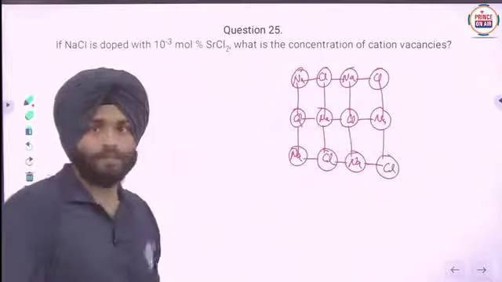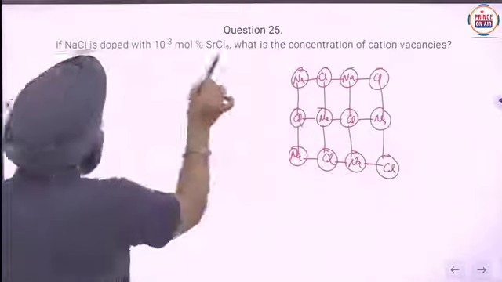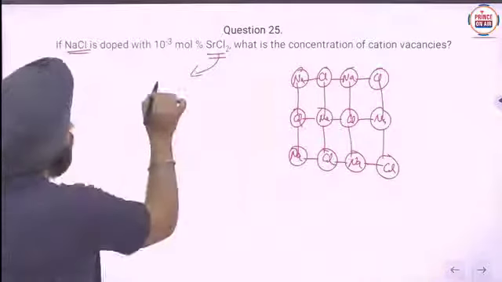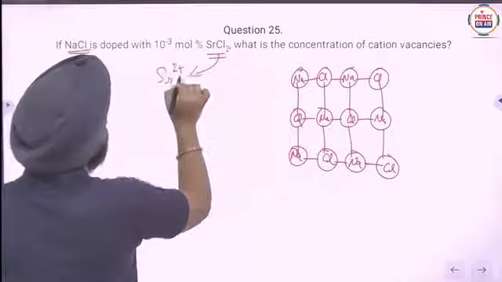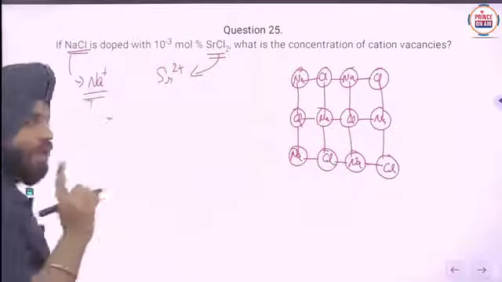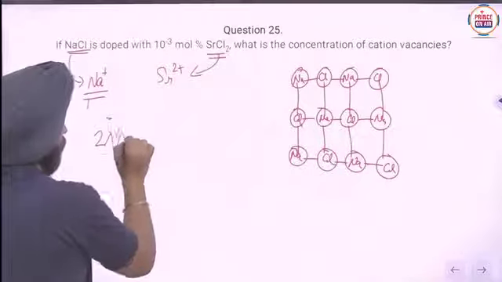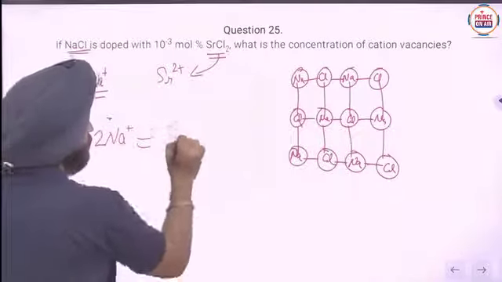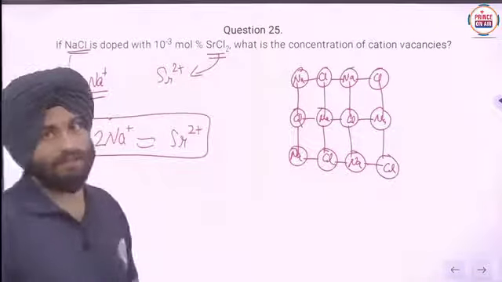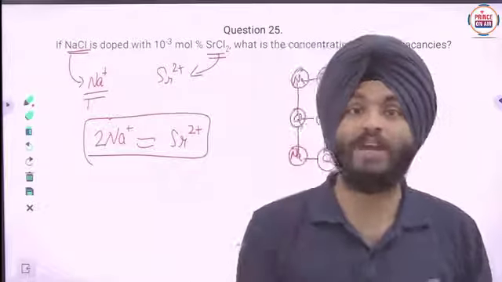Okay, clear? Now NaCl is doped with strontium chloride. It means strontium has the charge Sr2 positive, and here Na has Na positive. That means in place of 2 Na positive, 1 Sr2 positive will be replaced there, or you can say that 1 Sr2 positive will replace 2 Na positive